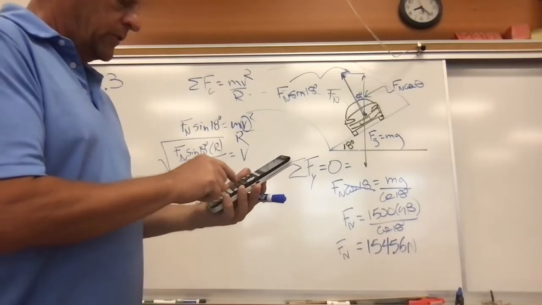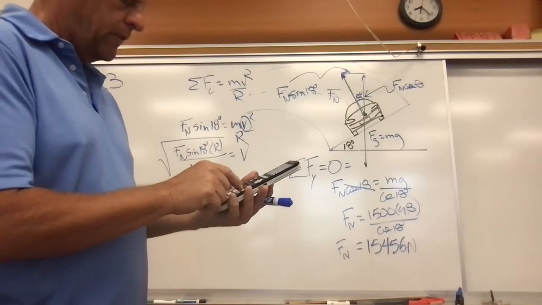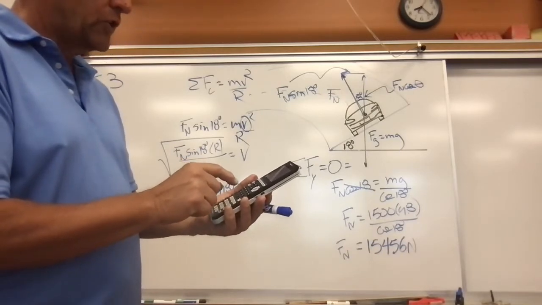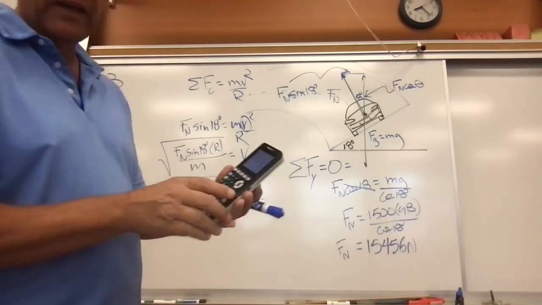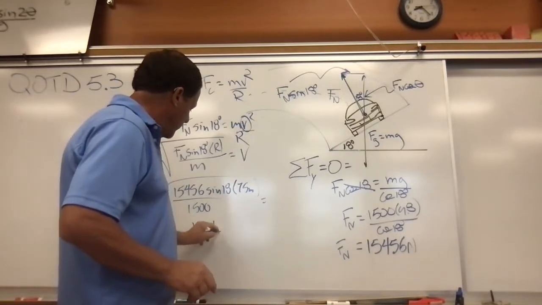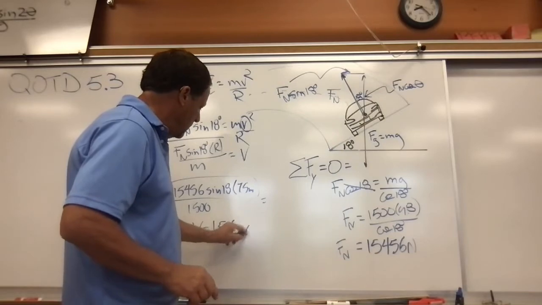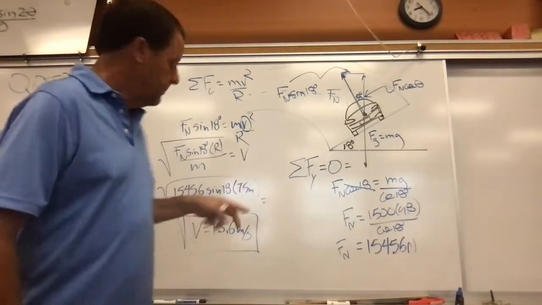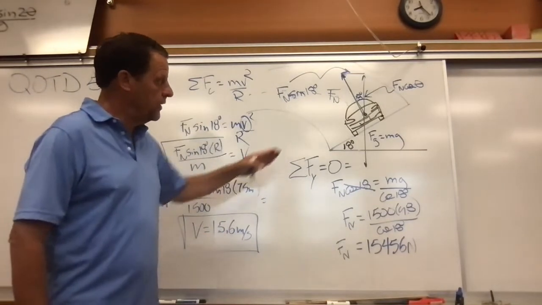15,456 times the sine of 18 times 75 divided by 1,500 gives us 242.78. We're going to take the square root of that, and we're going to get 15.6. So our velocity here is 15.6 meters per second. What's interesting here is if we go faster than 15.6 meters per second,